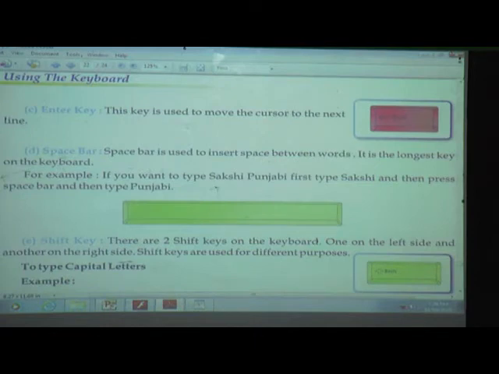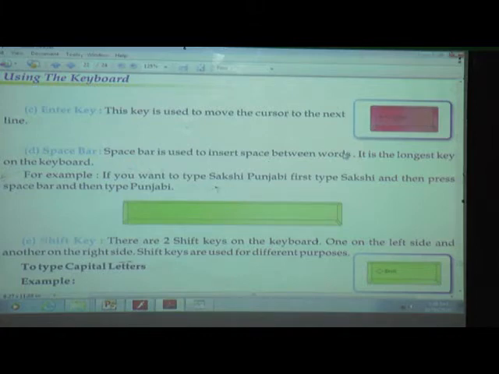The next one is the space bar. What do you mean by space? Yes, good. If you want to give space, we use the space bar. See here, the space bar is used to insert space between words. When we are writing our full name, our name, our father's name and our surname, we keep distance between them, right?